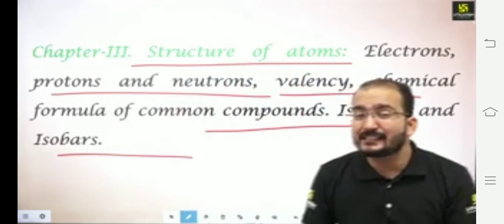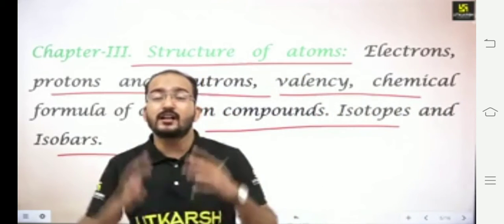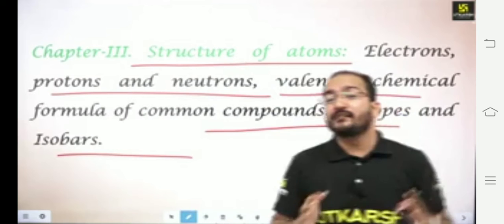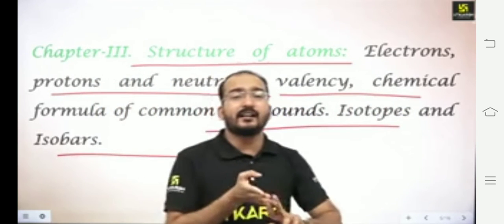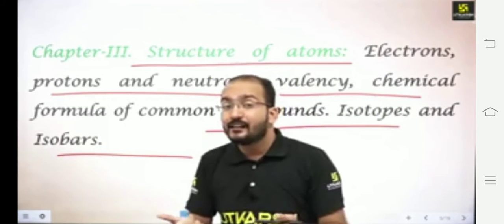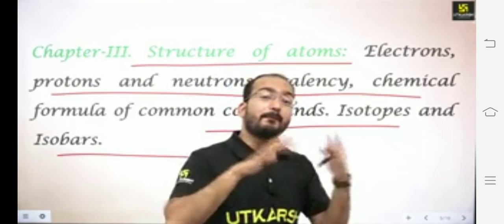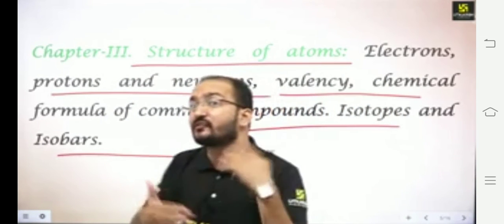So I can simply say to you that according to the NCERT textbook, in the first unit there are 4 chapters, but according to the revised syllabus, these first 2 chapters are intermixed and the third and fourth chapters are as usual, but some of the topics have been deleted. I will discuss further which topics have been deleted, but right